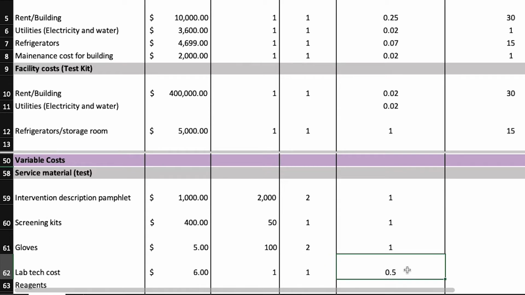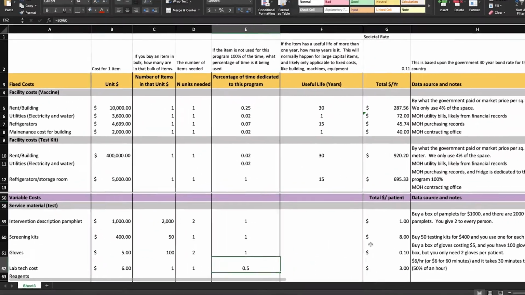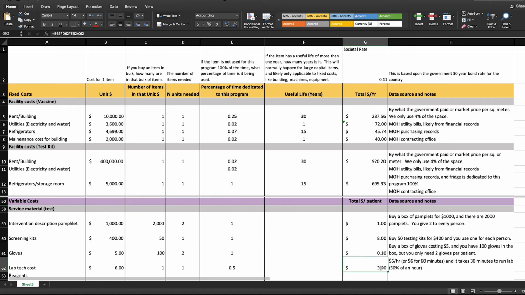But that lab tech spends half an hour, or 30 minutes, working on these lab results. And so that's why it's 0.5. It's 0.5 of the $6 an hour. And then the formula here will calculate how much money will go to that individual person or patient that participates